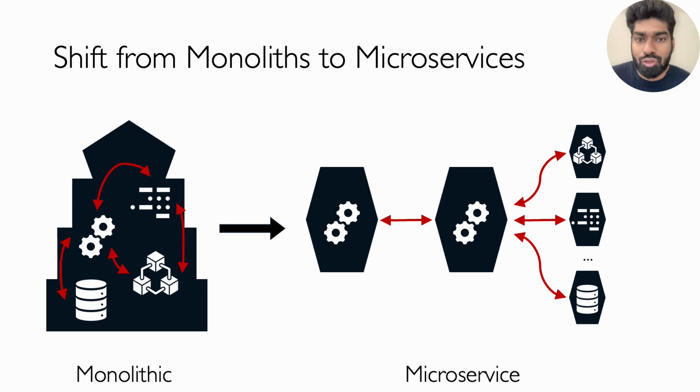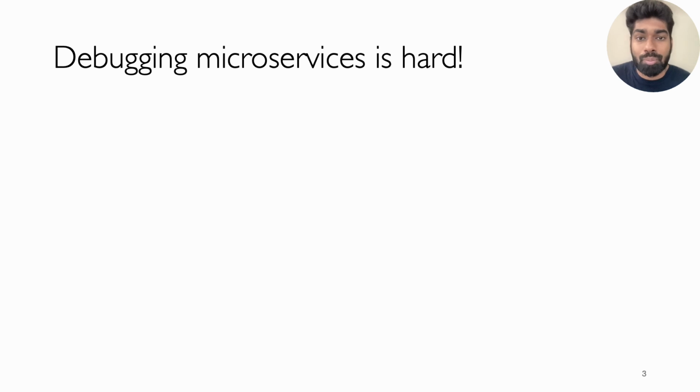We begin by observing the evolution of software. Traditionally, software systems were monolithic with components communicating through direct function calls. Today, the need for scalability and easier deployment has led to microservice architectures where modular components communicate via network calls instead of function calls. All that is great, but the problem is that debugging in such a microservice style architecture